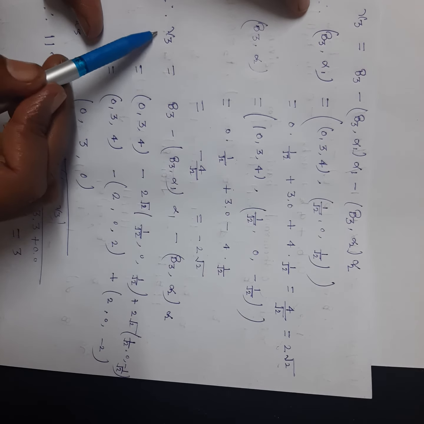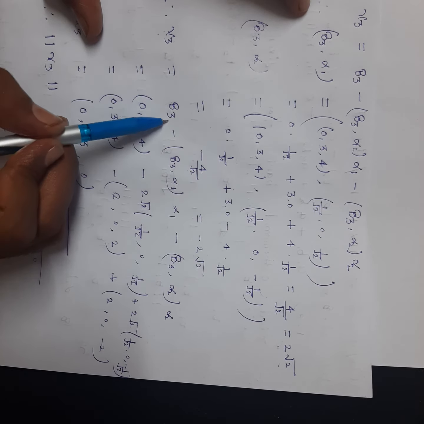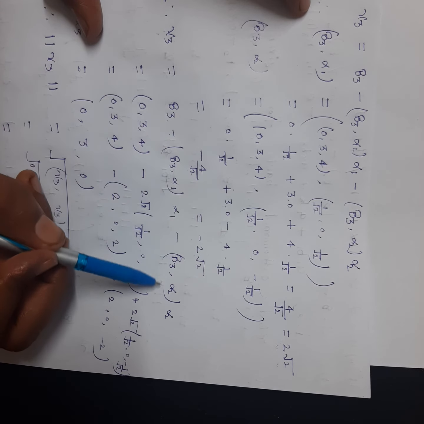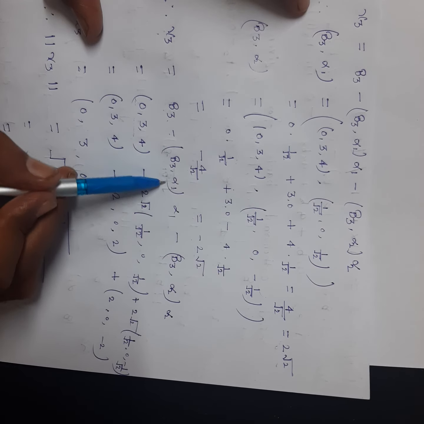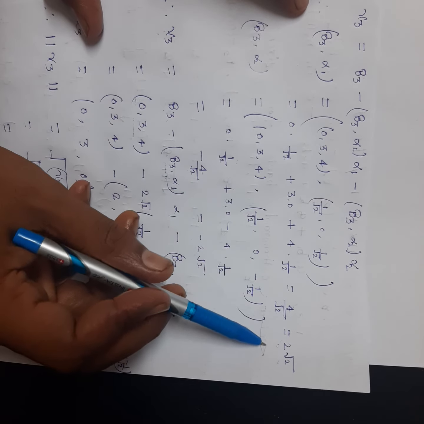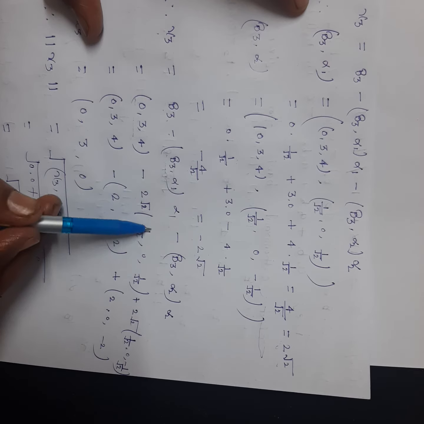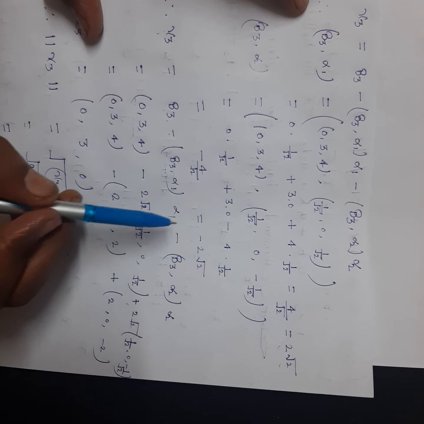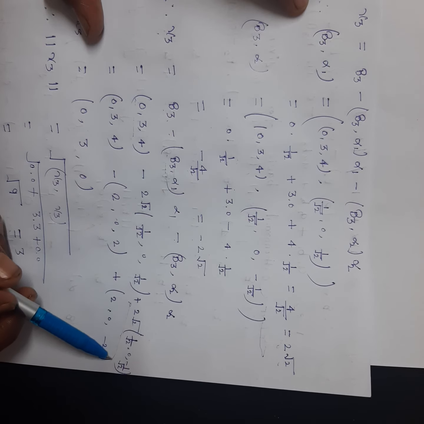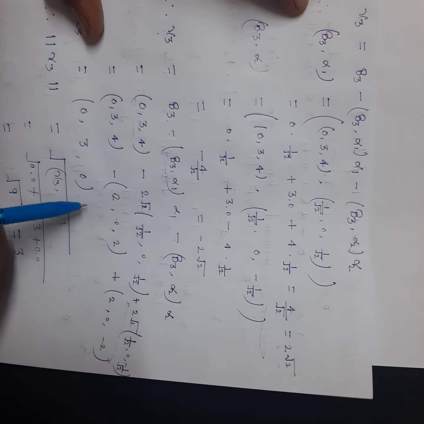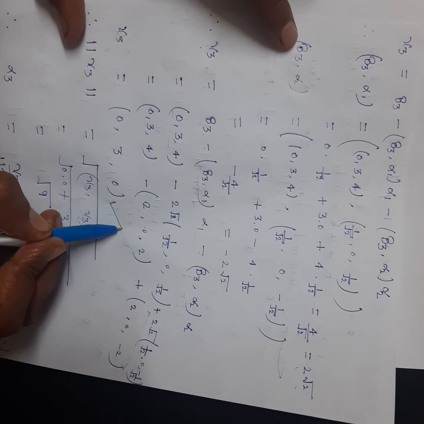So now considering gamma 3, it will be beta 3 minus this. Beta 3 is given, so we find here 2 root 2 with 1 by root 2, and plus, it will be minus, so minus plus 2 root 2, that much. So we can solve, and here gamma 3 is that much.